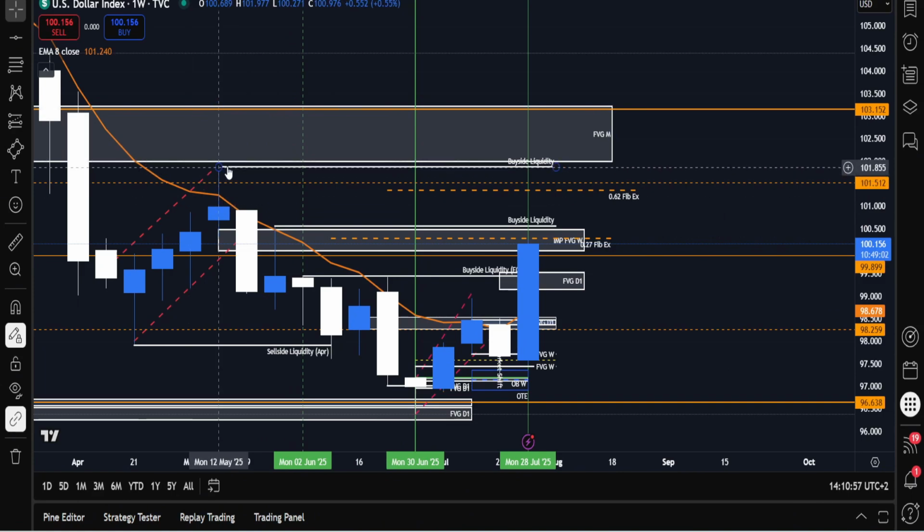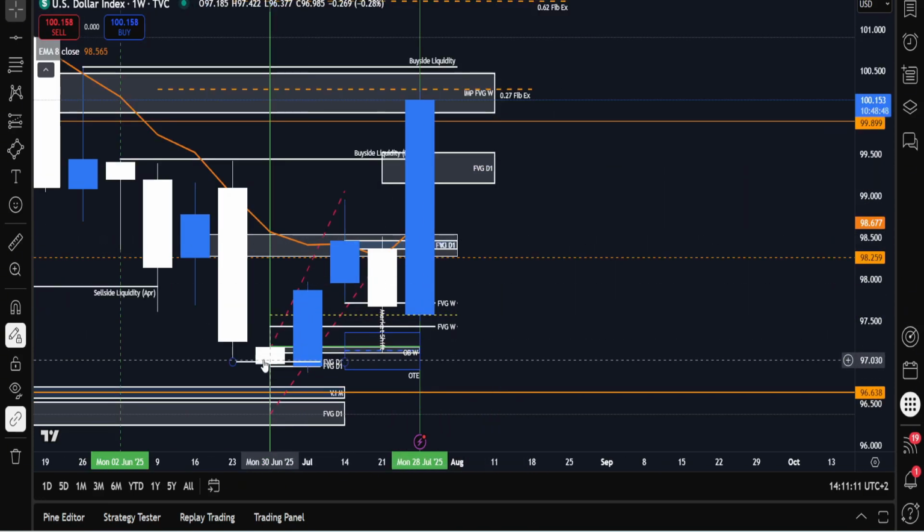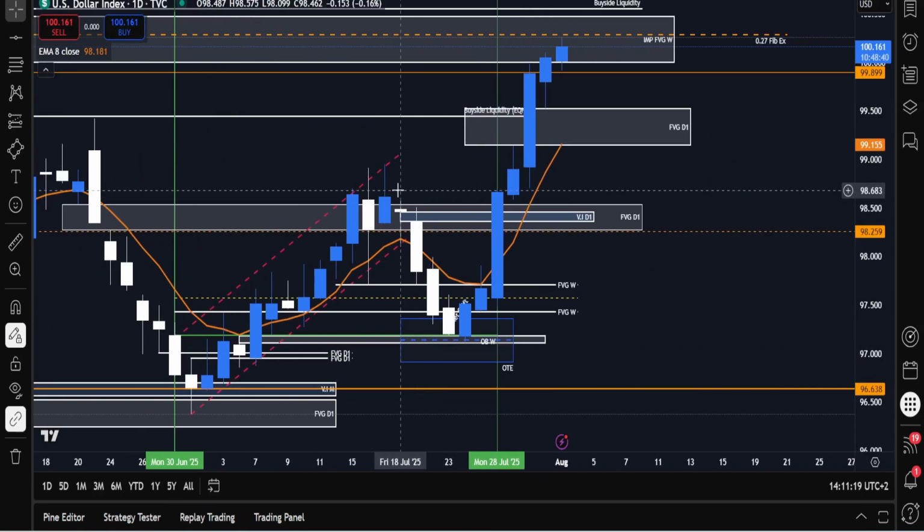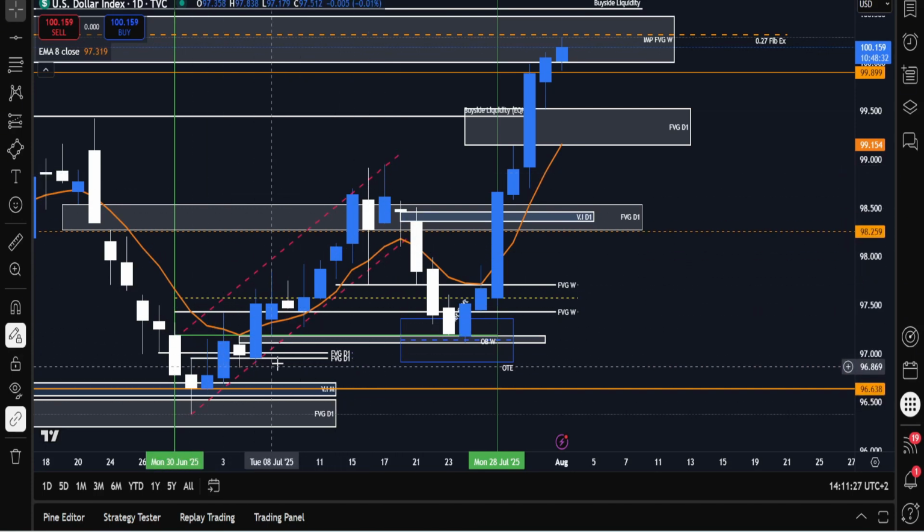So a lot of money is trapped short right here, and the buy side liquidity is right here, and just above that buy side liquidity we have a monthly fair value gap. These were our longer term objectives since the beginning of July. Going to our daily charts, we can see from last week we had a retracement down, and we had another bearish flag pattern form. This was to engineer liquidity and to trap people going short. If people are trapped going short, that's liquidity for smart money to buy, to get more orders in